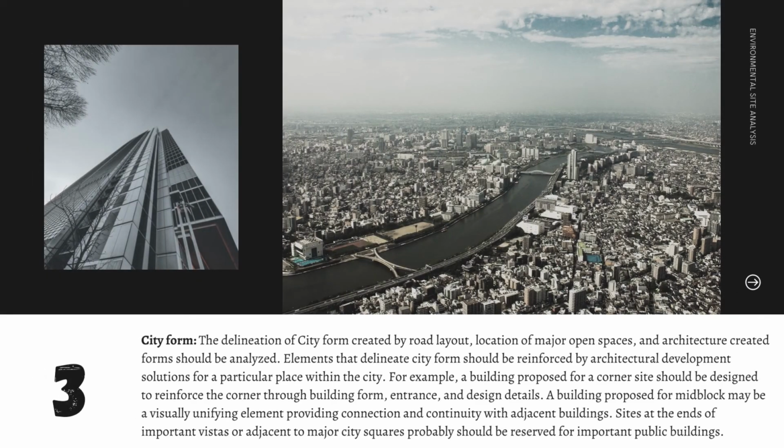Third is the city form. The delineation of city form created by road layout, location of major open spaces, and architecture created form should be analyzed. Elements that delineate city form should be reinforced by architectural development solutions for a particular place within the city. For example, a building proposed for a corner site should be designed to reinforce the corner through building form, entrance, and design details. A building proposed for mid-block may be a visually unifying element providing connection and continuity with adjacent buildings. Sites at the ends of the important vistas and adjacent to the major city squares probably should be reserved